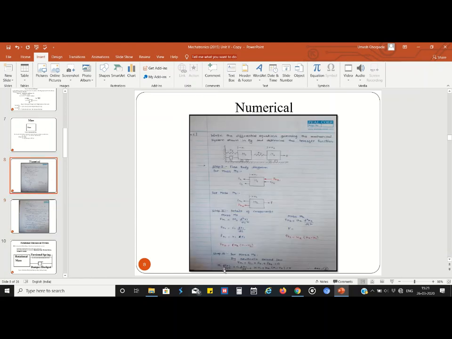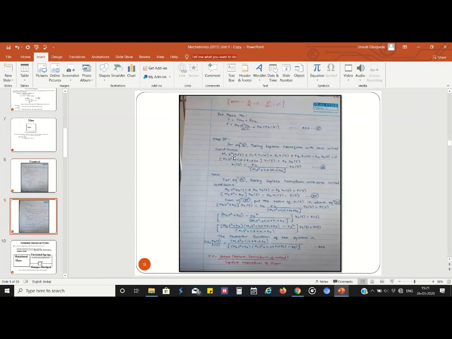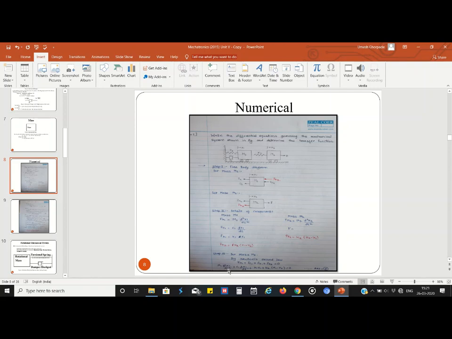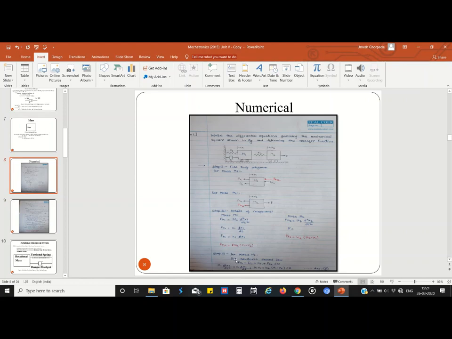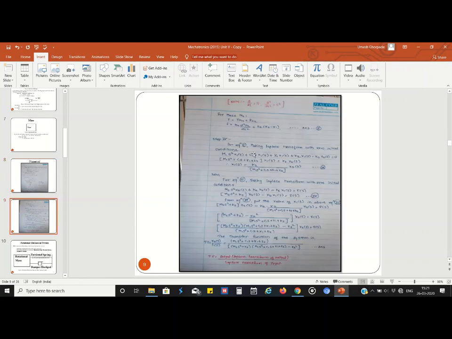So m1 and here is d square upon dt square, so it is nothing but s square X1(s), plus c1, here d by dt is there, so s X1(s), plus k1 X1(s), plus k2 X1(s) minus k2 X2(s)